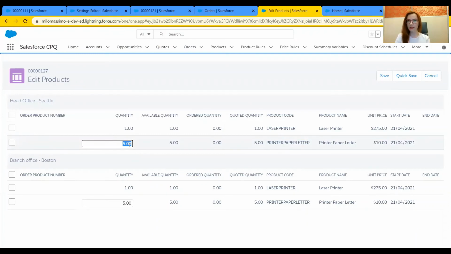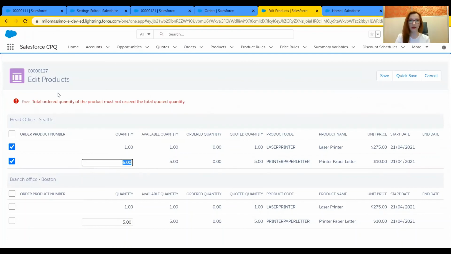It's important to keep in mind that the quantity you indicate for a quote line should be less than or equal to the quoted quantity, the available quantity. Otherwise, if you try to order too much, you'll get an error upon save. So let me show you that. Let's enter here 6, which would be too much, right? And save. And of course, we have an error here saying that the total order quantity of the product must not exceed the total